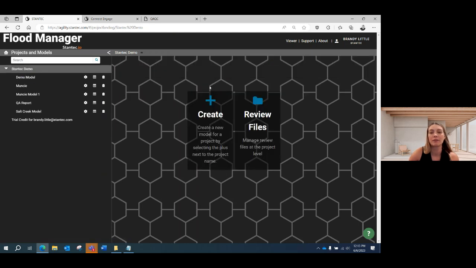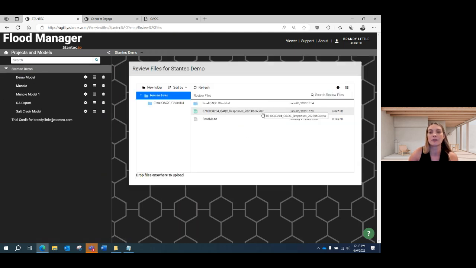And at the project level, we have review files. So those files can actually be uploaded here to be shared across the team. So they can come in and create these folders and upload their checklist and use that quality report to help facilitate getting there faster. One key thing in the quality report is really just allowing the engineer to identify global instabilities at this first stage that can be addressed before moving on to the review process. So it's really helping speed up some of our project delivery times on catching those things early in the process.